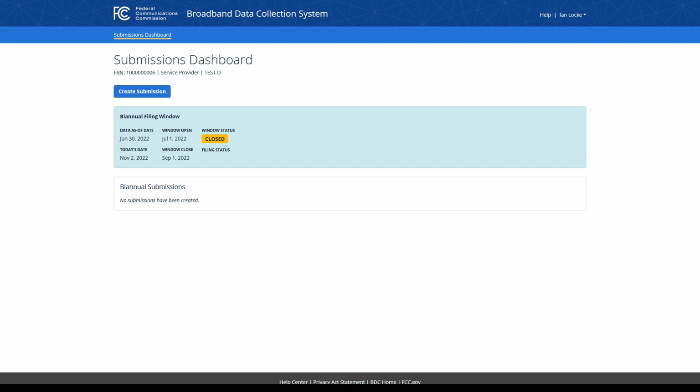Bulk fixed challenge data must be submitted in the BDC system via file upload and must conform to specific data specifications. More information on the bulk fixed challenge process can be found online at the BDC Help Center at help.bdc.fcc.gov. After logging into the BDC system at bdc.fcc.gov, then selecting your entity, you can begin the bulk fixed challenge